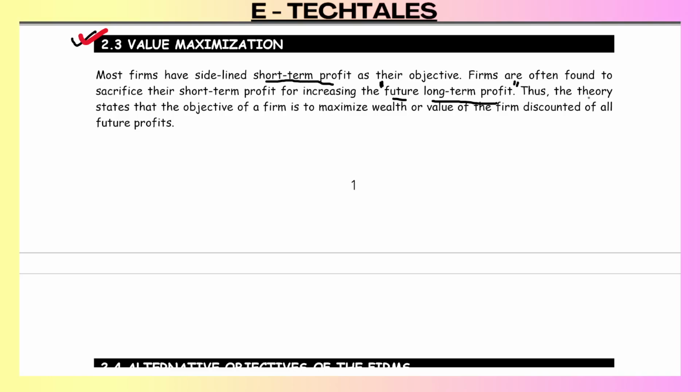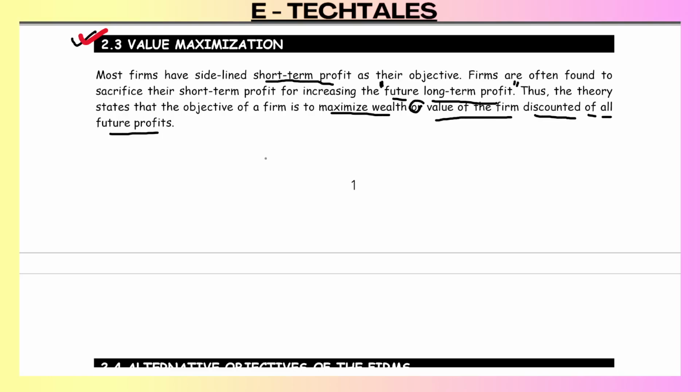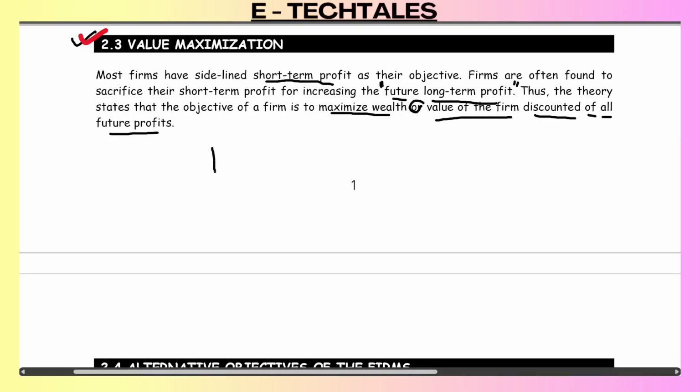The theory stated for value maximization says the objective of the firm is to maximize the wealth or value of the firm, that is, the discounted value of all future profits. There is a definition, or a summary, of the numerical presentation regarding the value of the firm, which I'll tell you later. But before that, I'll just make you understand a very basic thing on a timeline basis of